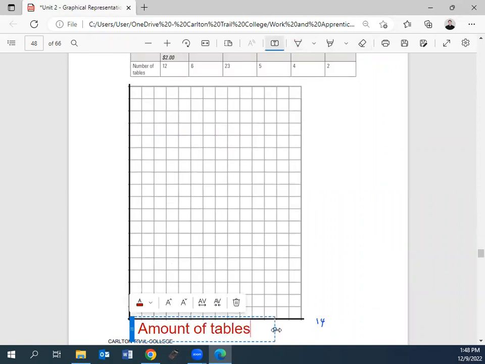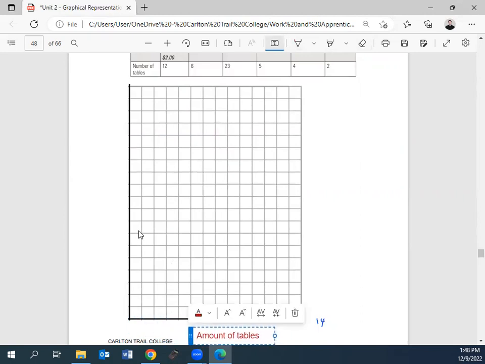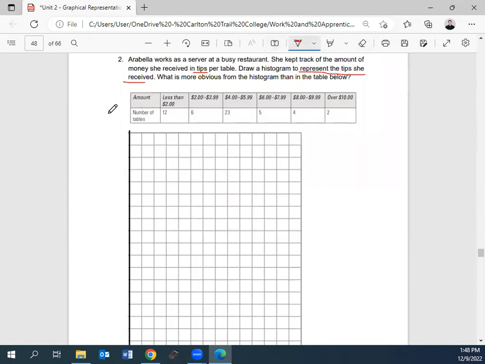I'm going to make that smaller, and I'm just going to label that. If these are on the x-axis, that means the y's on the y-axis. A good rule of thumb: time on the bottom, money going up on the y-axis. So I'm just going to put amount